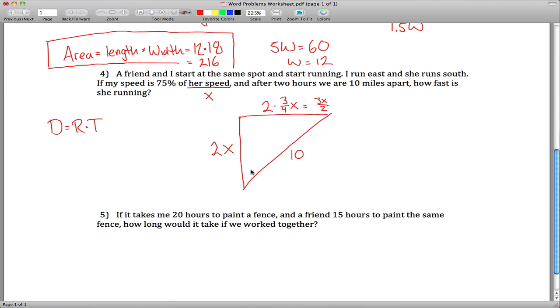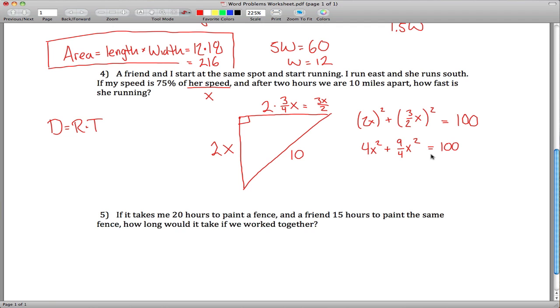So we have this triangle here, and what's nice is it's a right triangle, so we can use the Pythagorean theorem, and that says that this squared plus this squared equals this squared. So (2x) squared plus (3/2 x) squared is equal to 10 squared, which is 100. Be careful here, you want to square both of these guys, right? Remember our exponent rules. So (2x) squared gives us 4x squared. If we square 3/2, 3/2 times 3/2 is 9/4 x squared,